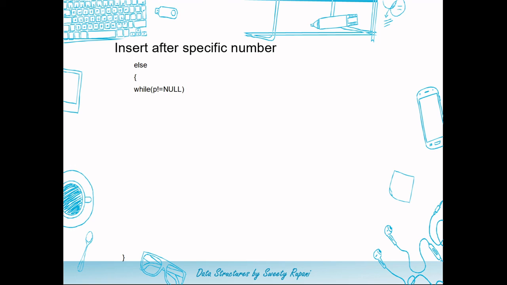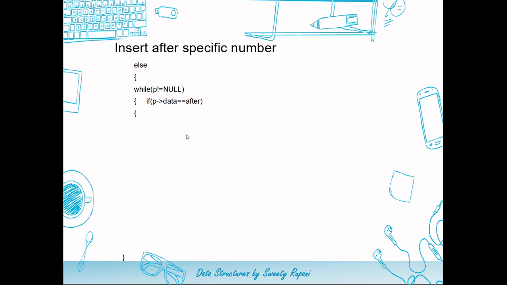If I write link part of p not equal to null instead, it will not enter this while loop for the last node and it will not check for the after value which I have come up with. It may be possible that 10 is my last node and after that I'll have to insert 5. So in that case, it will not check this particular condition.